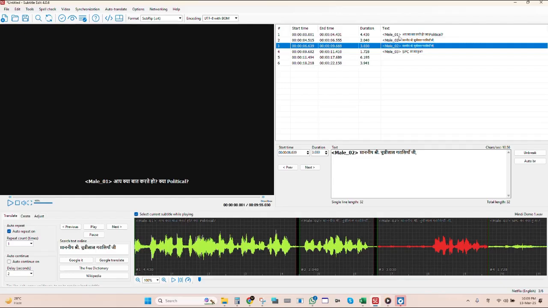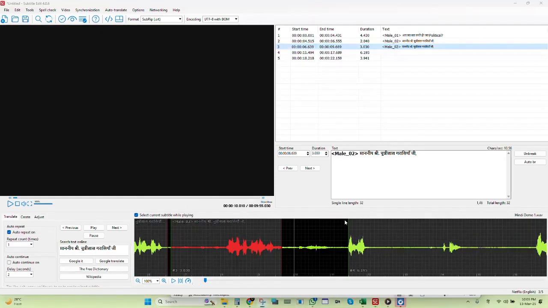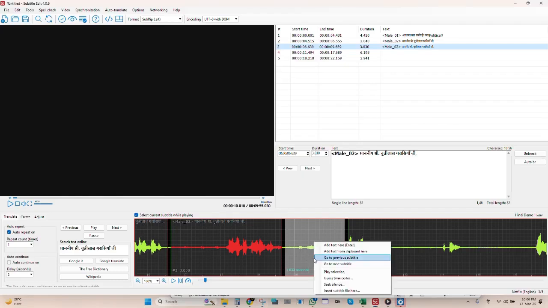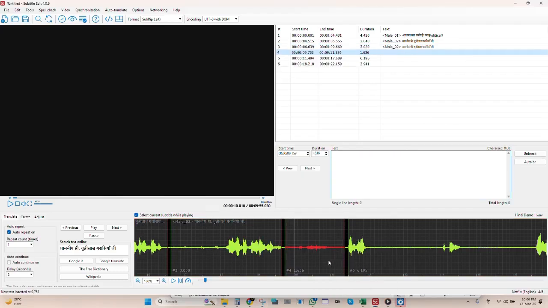As you can see, I have taken each and every speaker in a new segment. I have selected that portion, created the segment, adjusted the segment boundaries by dragging left or right, and then started to annotate. That male underscore 3 says